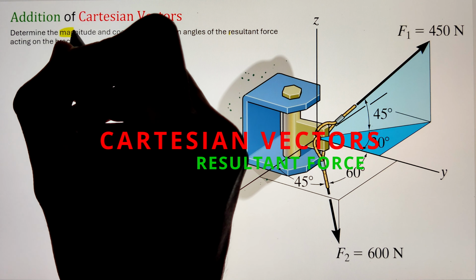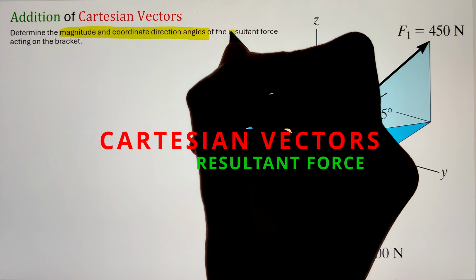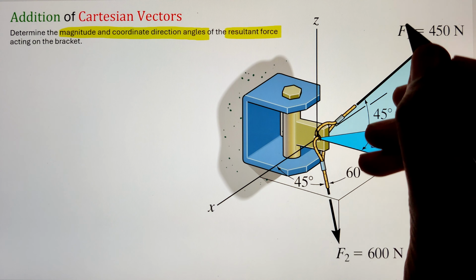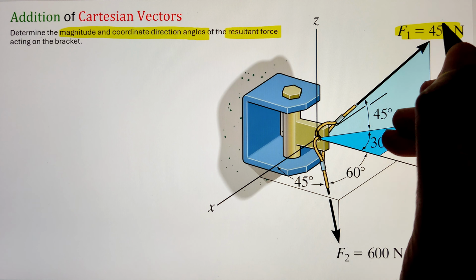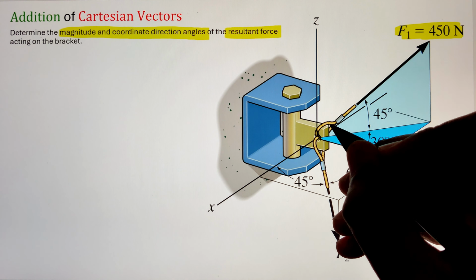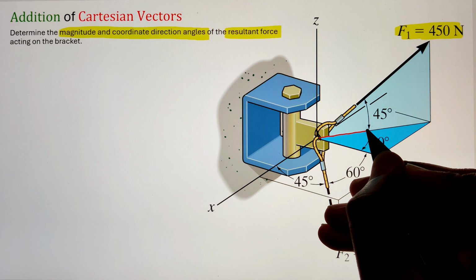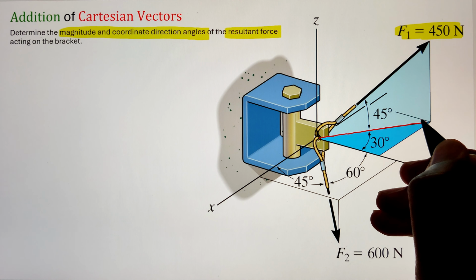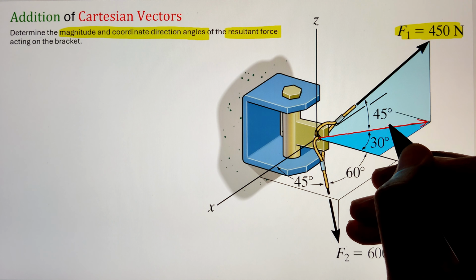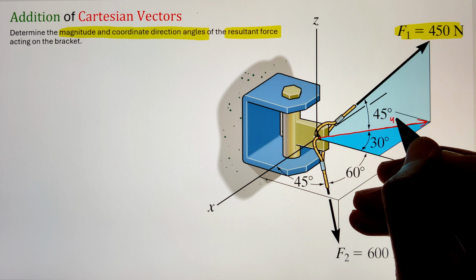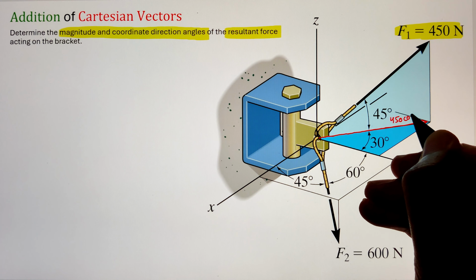In order to find the magnitude and coordinate direction angles of the resultant force acting on the bracket of the two forces in 3D space, we can utilize the Cartesian vector method. So to start, we first need to convert each one of the forces into its Cartesian form. Our force F1 of 450 Newton that is in 3D space needs to be converted into its x, y